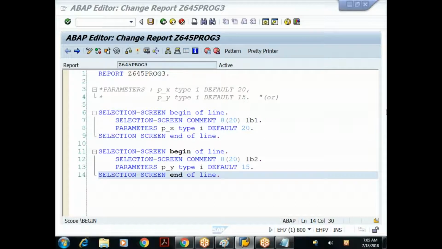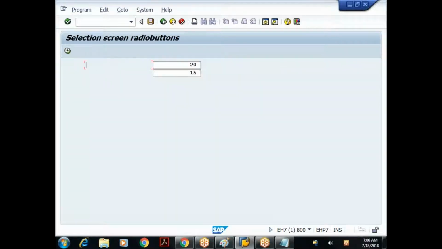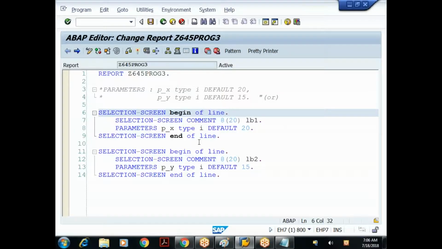Okay, so fine. If there are no questions, what is the next focus? Now I need to associate the text. For that, we have to go for event handling. Okay, we have to go for a concept called event handling. First of all, let us understand the meaning of event. An event is an action.